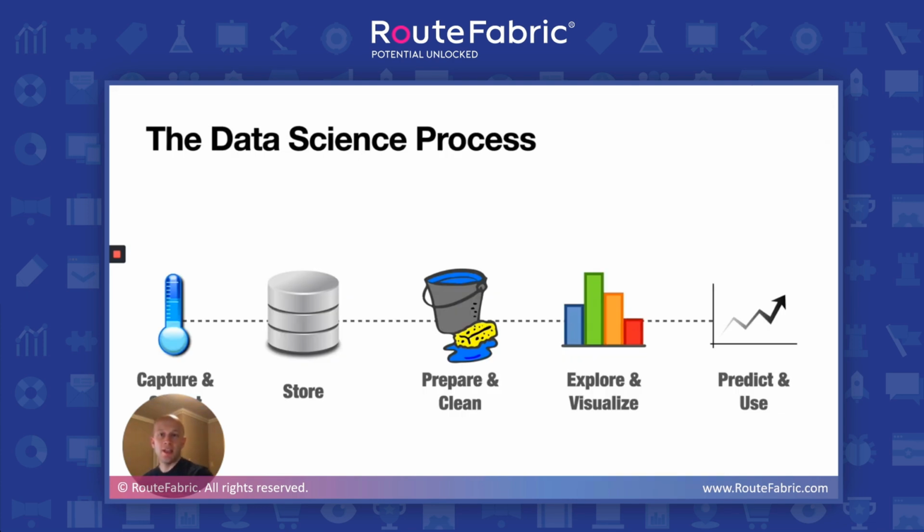So using this end-to-end data science framework, we have now gone through all of these 5 stages of our data science process. We've captured and collected the information from our various systems. We stored that in a data warehouse or a data lake, made it available to us for analysis. When we were ready to make some predictions, we first had to prepare and clean the data, and then we went through this exploration and visualization process, looping back to preparing again, and then going again to exploring and visualizing,